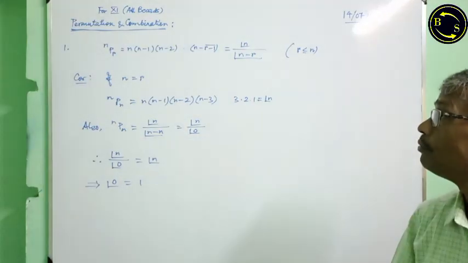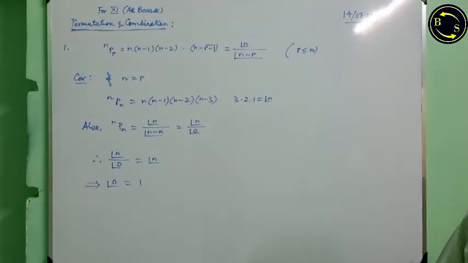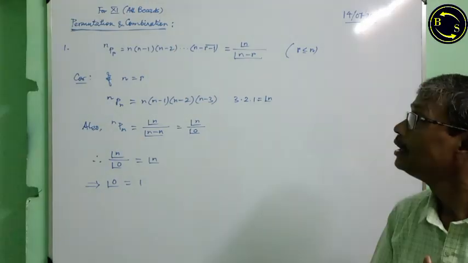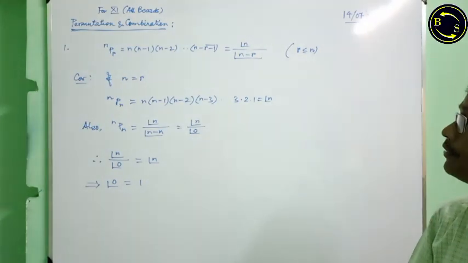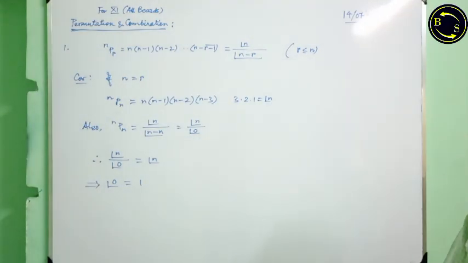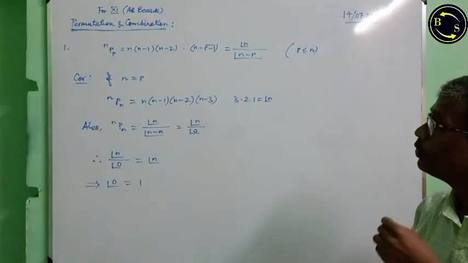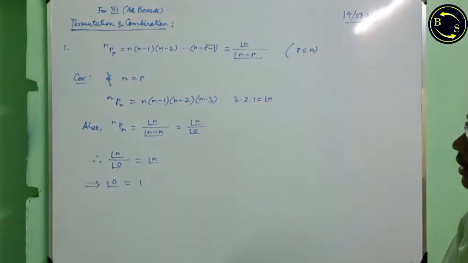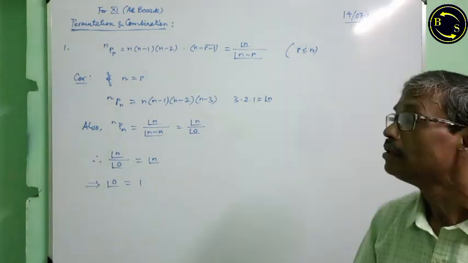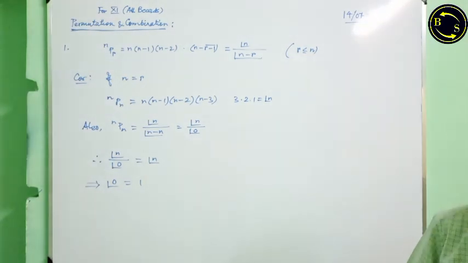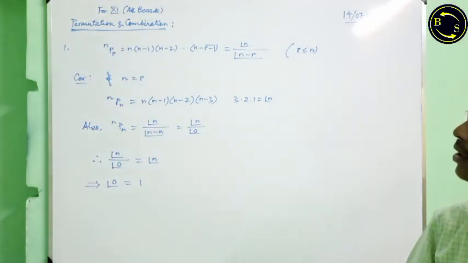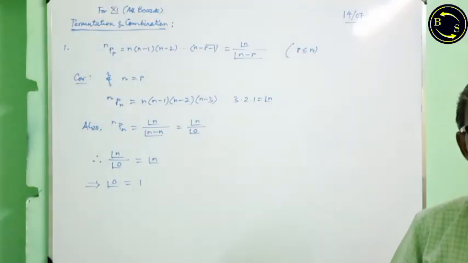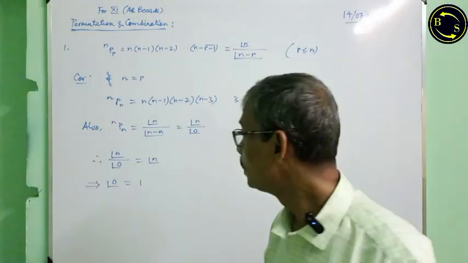Now, from those n articles, we are taking r articles at a time and arranging. Now, if it is permissible that we can take an article any number of times, that means repetition is allowed, then what will be the number of arrangements or number of permutations? I call it